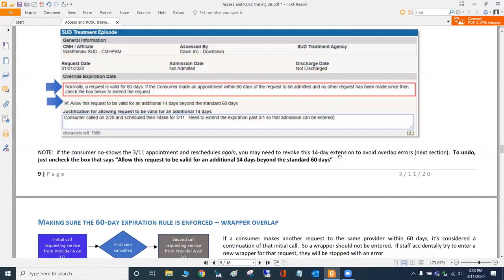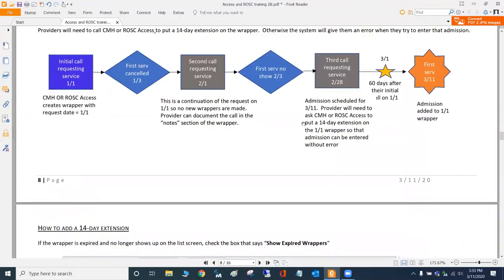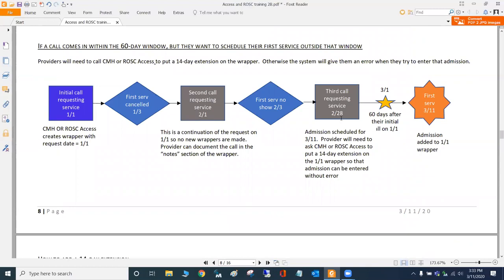One last itty bitty thing. Let's say they did all that stuff. So they called on 2/28 before the 60 days is over, and they said, I'd like my first service to be on 3/11. The provider called Access and said, can you please put a 14-day extension? So now the wrapper is good until like 3/15.